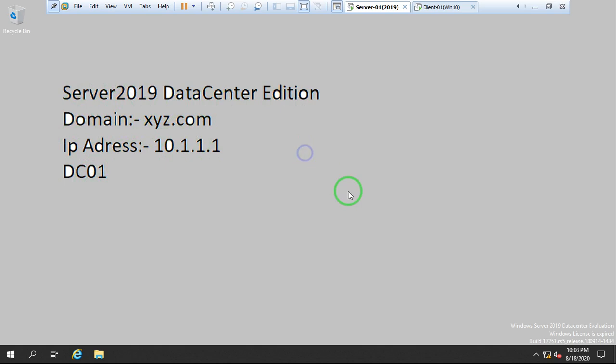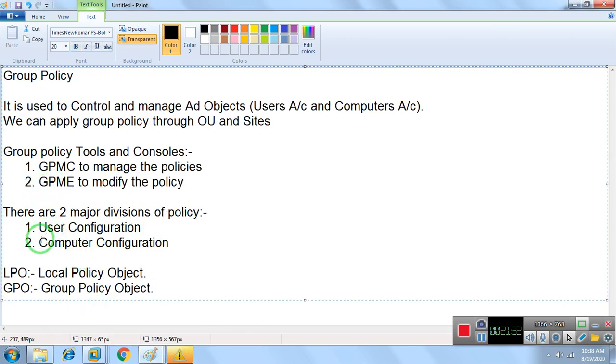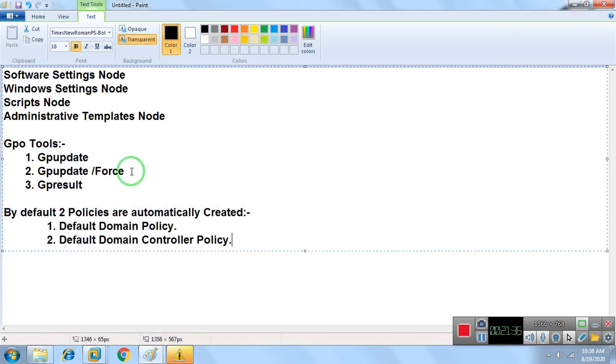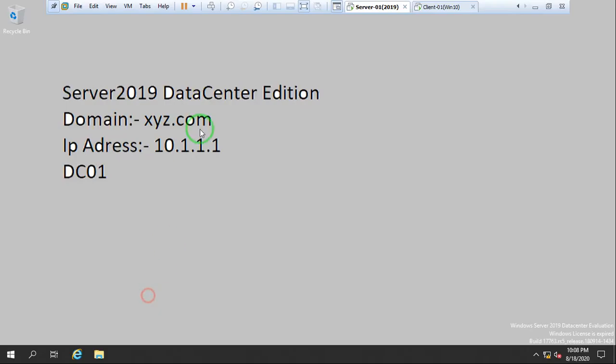Now what I need to do is first open my Group Policy Management Console. I already told you that if I need to manage my policy, I need to go there. Let's go for that first. I'll go to the server.